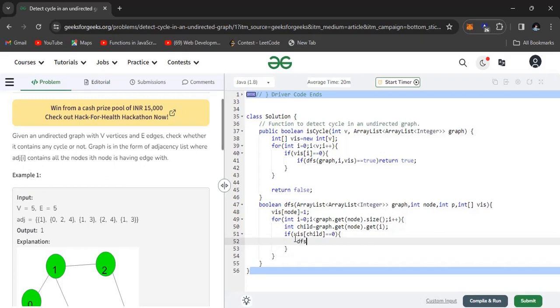Here the child will be the new node and the vertex will be its parent. So if you call any node, then that node will be the parent, and pass visited, okay.